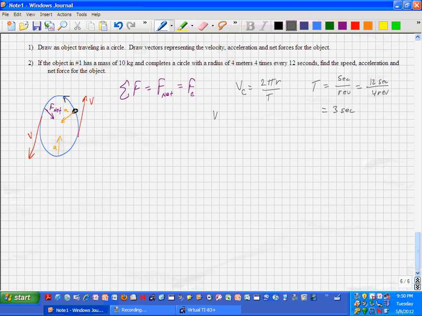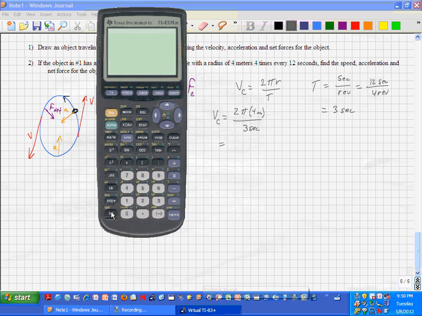So that means that our circular velocity, or centripetal velocity, is going to be 2 pi times the radius, which is 4 meters, divided by that 3 seconds, which is equal to 2 times pi